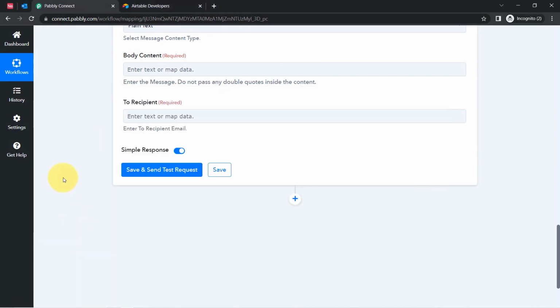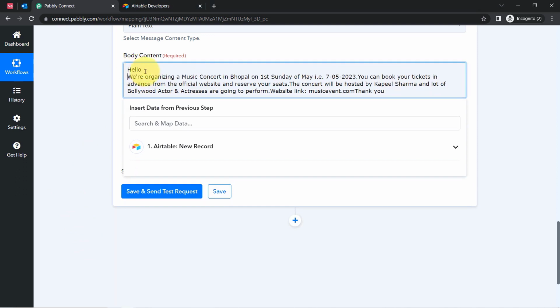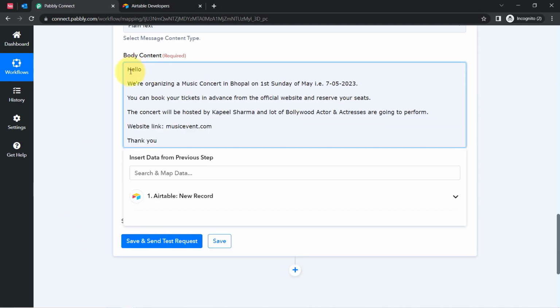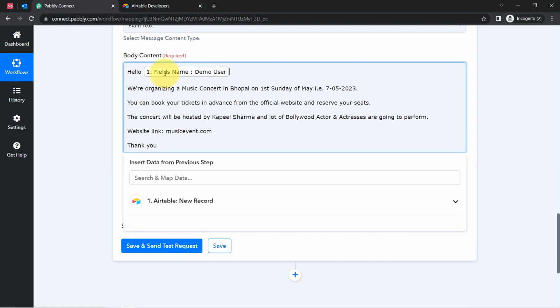Okay, so I have copied that email. Let me paste the same, and firstly I'm going to correct the formatting. Alright, so I have done the formatting, hello dash, and here I want the name of the person. Let me map it. Hello demo user, we are organizing a music concert in Bhopal on first Sunday of May,